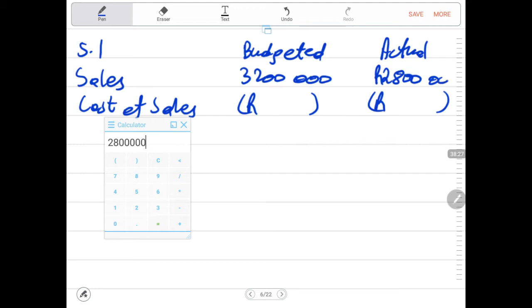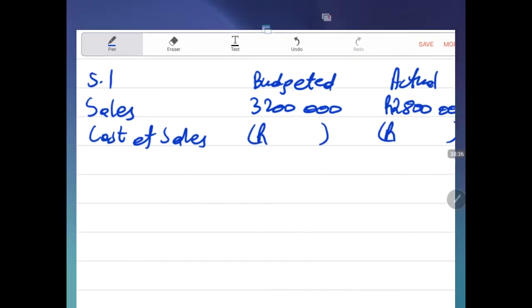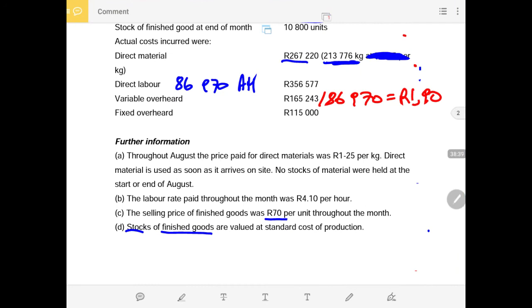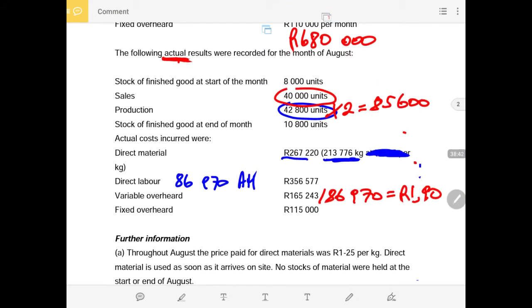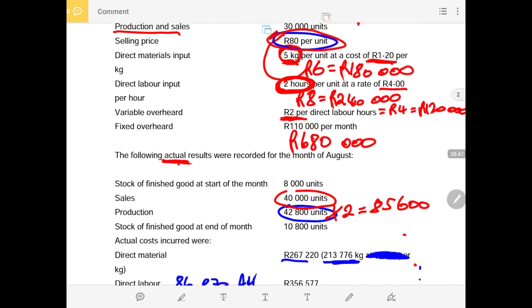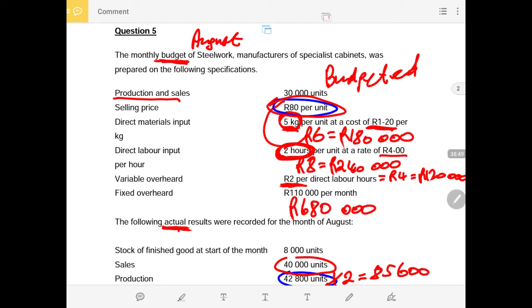We get 2,800,000 rands. Then under our cost of sales now we need to have our opening, production and closing. But for the first one there was no opening, production and either closing. So now we just need to calculate our cost and we paste them as they are. And we have already calculated